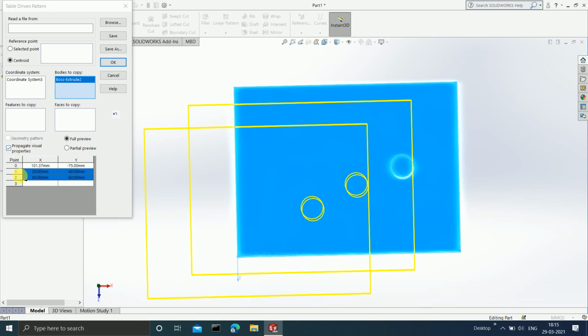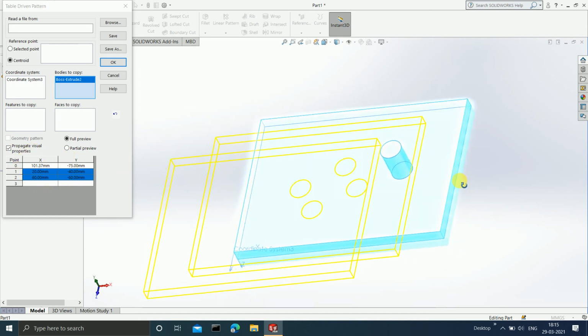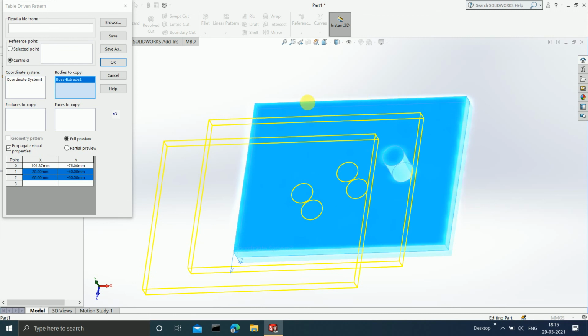According to the values that we have entered in this table, we are getting the multiple bodies. This complete thing is one body. Therefore we are getting copies of these bodies. Since we have entered 2 instances, 1 and 2, we are getting 2 more copies of the original body. Now you can click on OK.